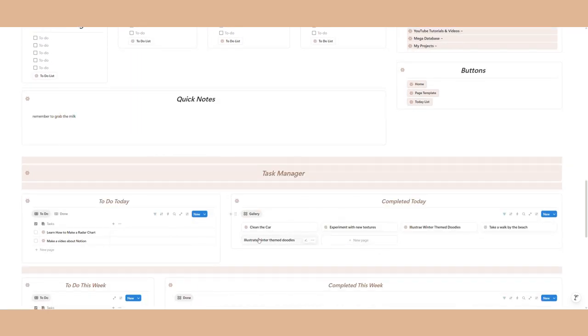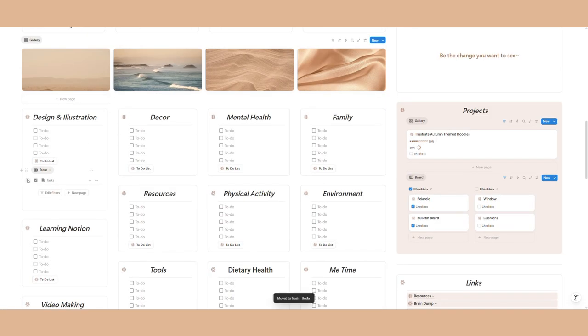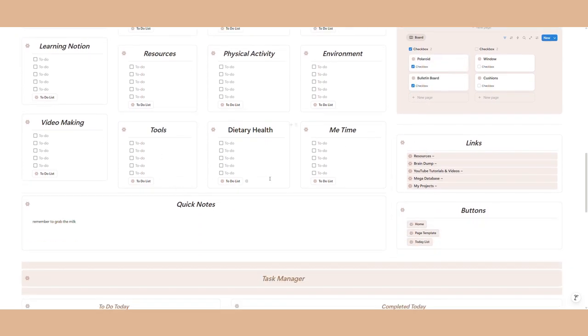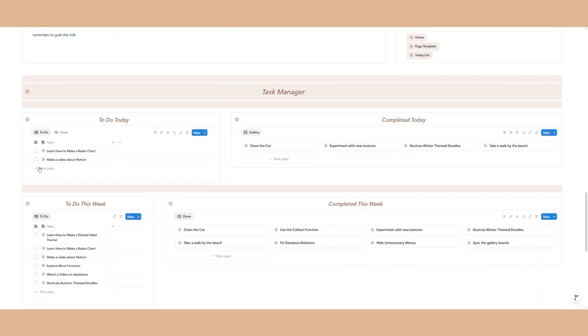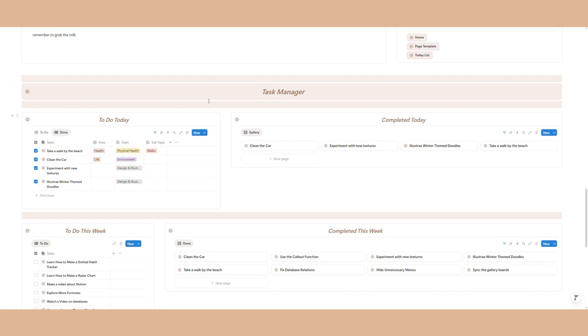And we've got a quick notes section as well to add quick notes as you're on the go. Here, while I'm showing you how the to-day list works and how it shows up in the main